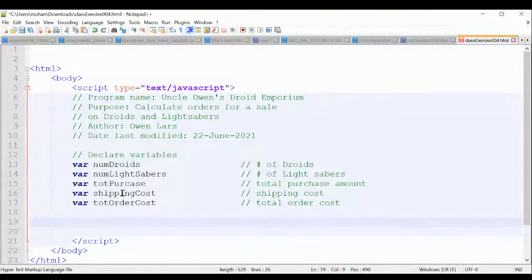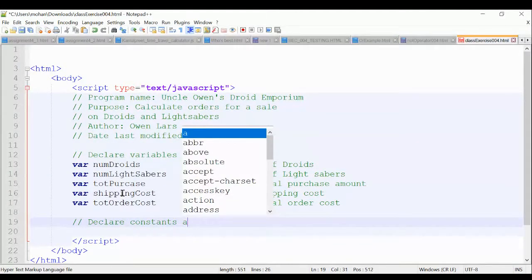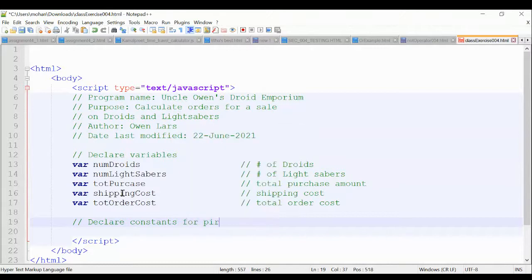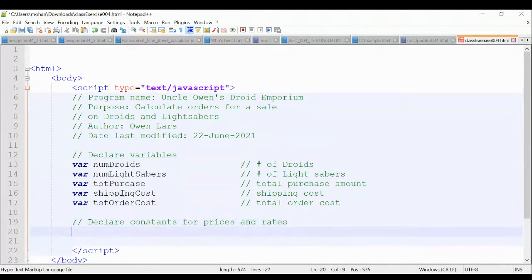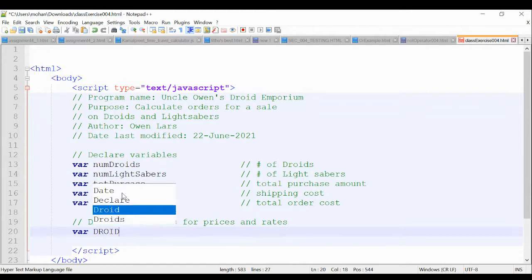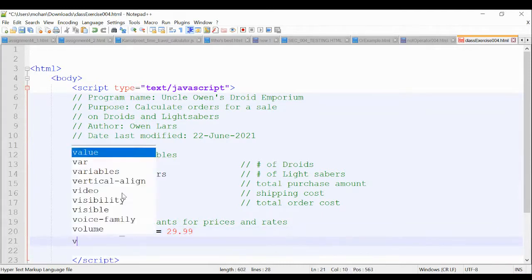So we got our declaring variable part done. Now what we need to do is our constant part, right? So declare our constant. Okay, so what we are going to do here is var droid. Since we are declaring our constants, we are going to use capital letters, right? DROID_PRICE equals 29.99. Then var